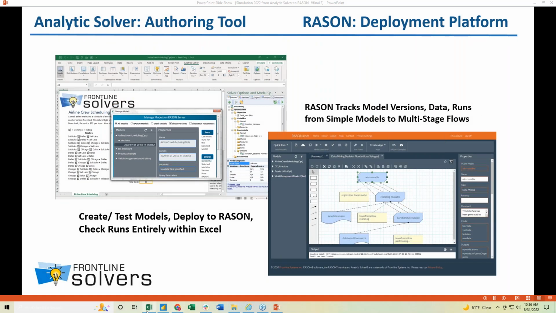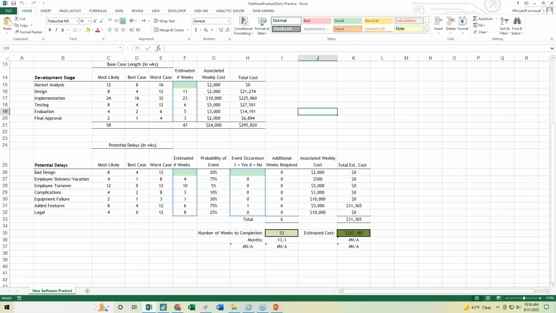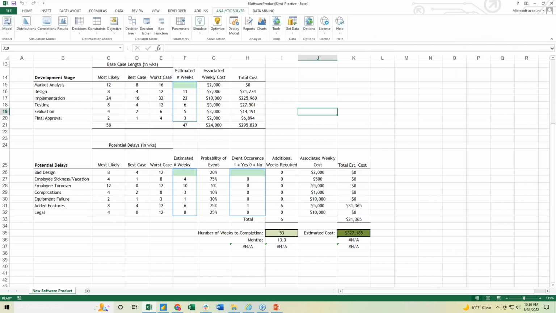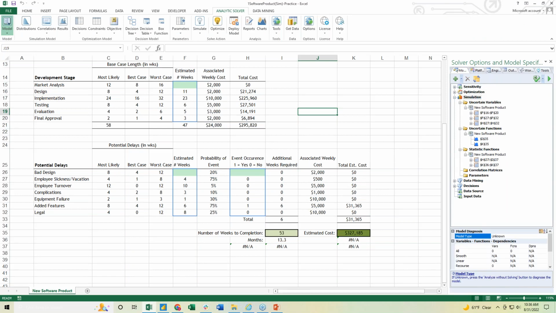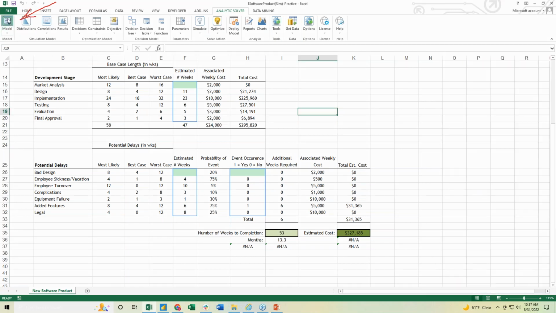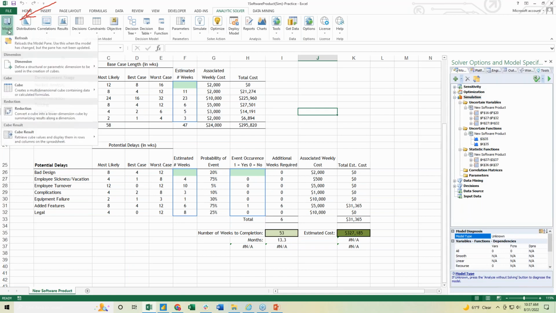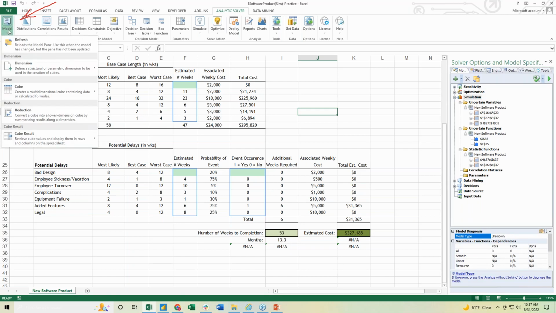I'm going to open my first Excel workbook. This is the most recent version of Analytic Solver that was released on July 30th. Let's walk through the tabs. On the top left, let me highlight that. Okay, I have the Model tab. Displaying the Model tab displays or hides the task pane. On the Model dropdown,